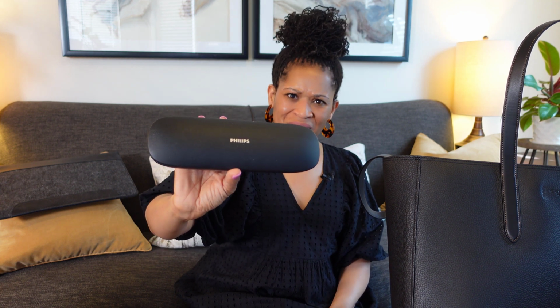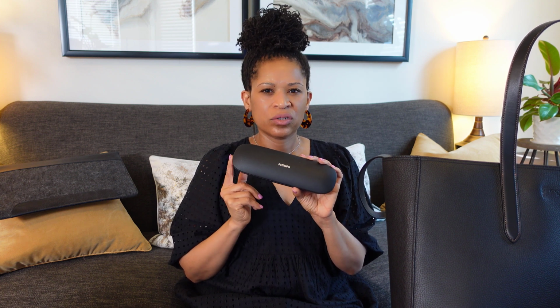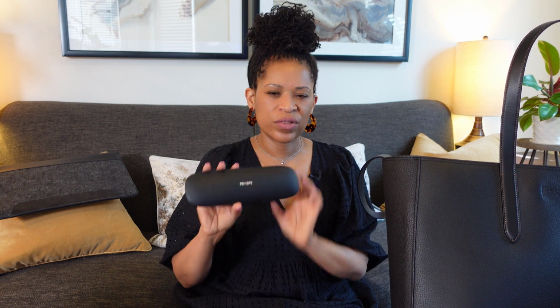I have, and it's not in here yet, but I just got a new Sonicare toothbrush with all the bells and whistles. Probably too many bells and whistles, but when it comes to my spending habits and finding joy in the happy medium, I'm trying to take better care of my body and my teeth, and I want my teeth to last until forever. And so I just got a new Sonicare toothbrush at the recommendation of my dentist, who, by the way, told me to stop using toothpaste with stannous